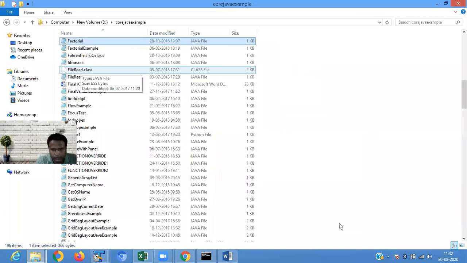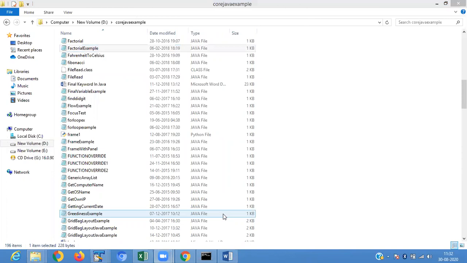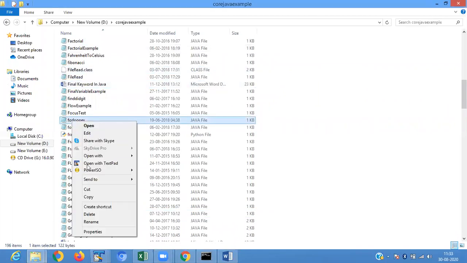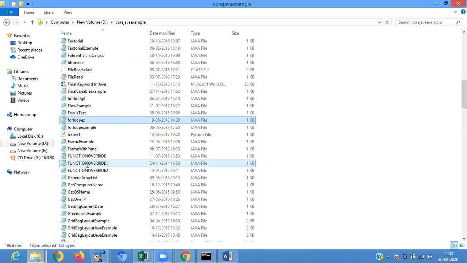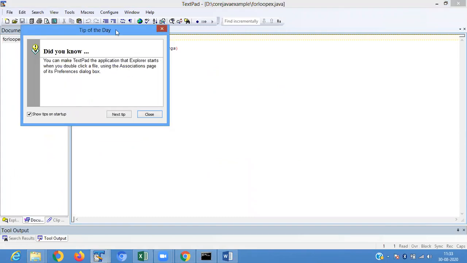So now I am showing you. This is your for loop example.